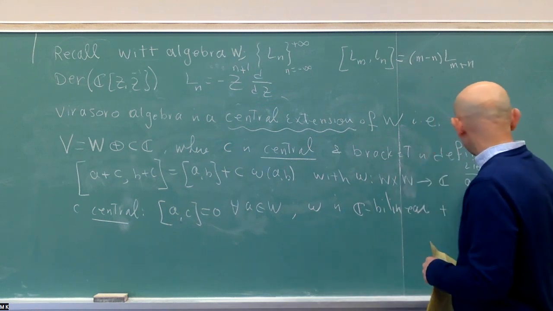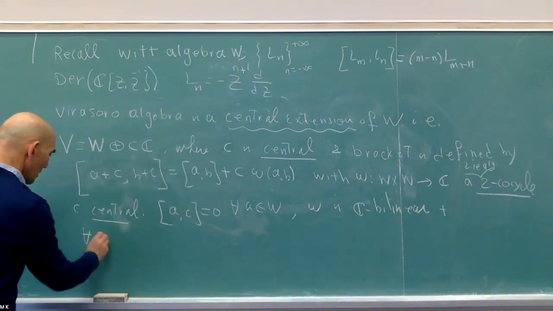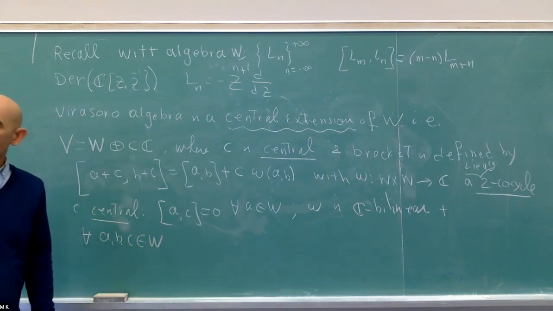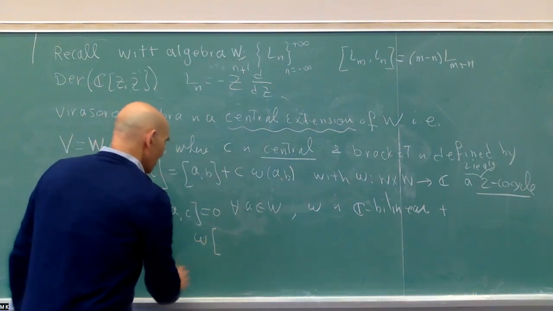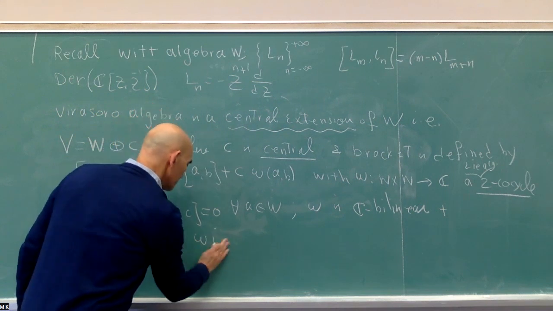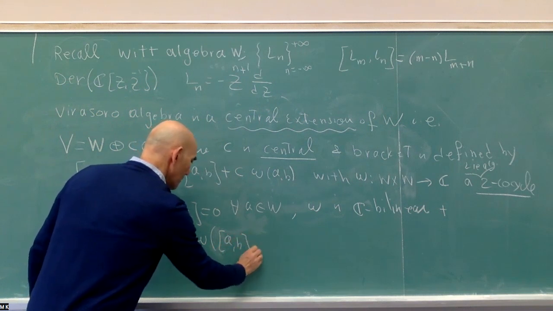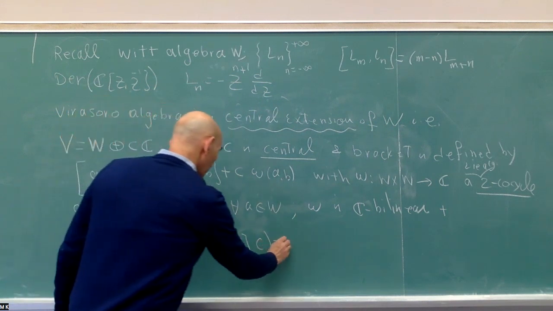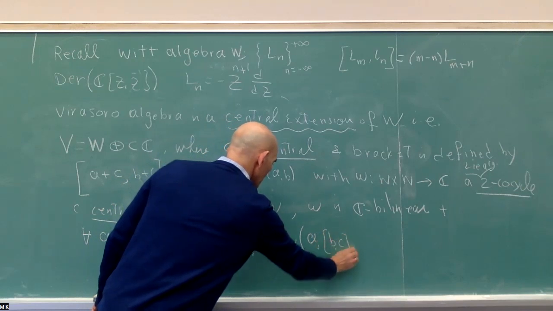So the Lie algebra 2 cocycle means the following thing: for any A, B, C, three elements belonging to W, we have this relation that omega of bracket of AB and C plus omega of A and bracket of B and C